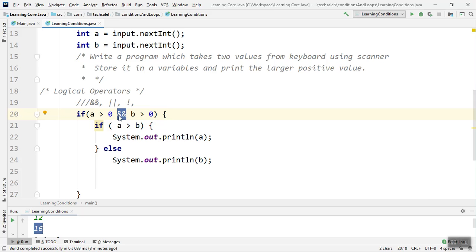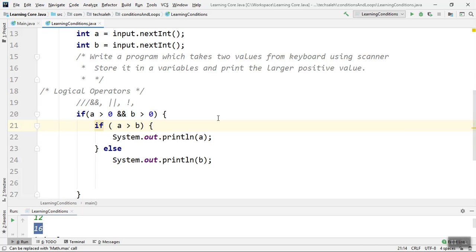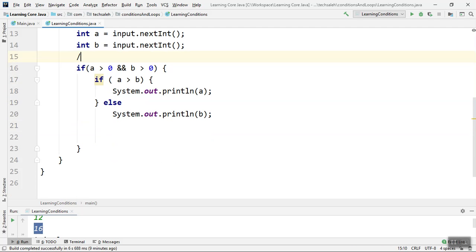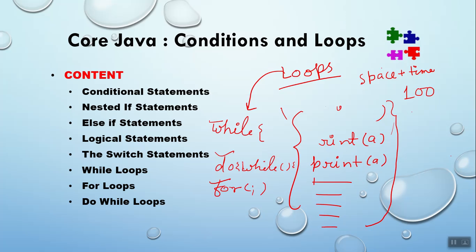So A and B: if both are going to be true, in that case only positive numbers are going to be printed. Otherwise, no number will be printed, right? So that's how it is working. And let's take another example and understand more about it. So this is how I've completed